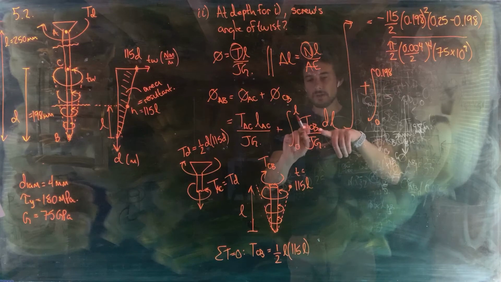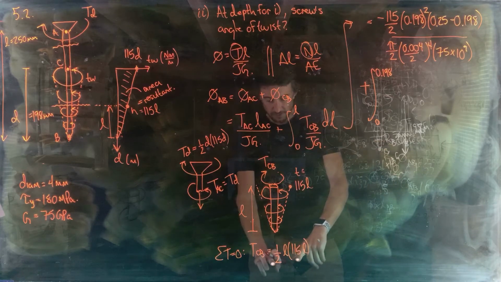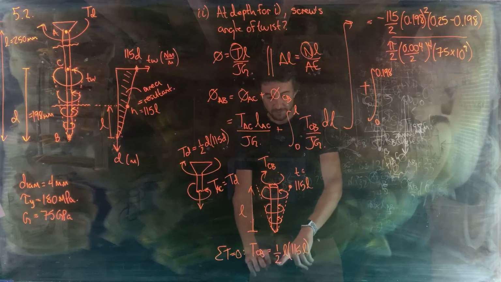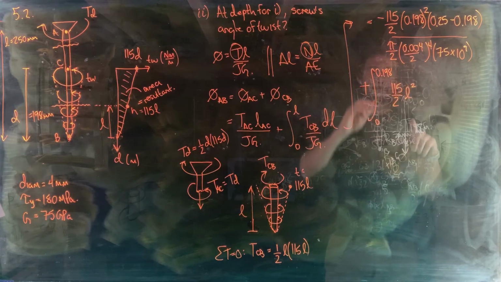And now we put in the expression for TCB. So the expression for TCB is 115 divided by 2L squared. But